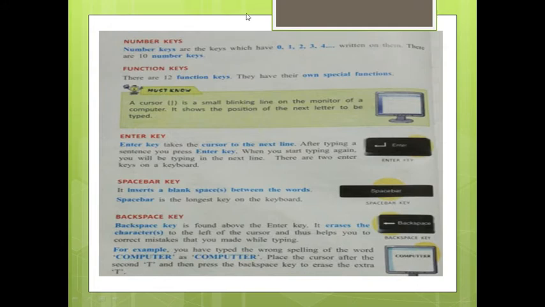Now come to the function keys. There are 12 function keys. They have their own special functions. I am using almost F2 and F3. F2 decreases the volume, and F3 you can give more sound.